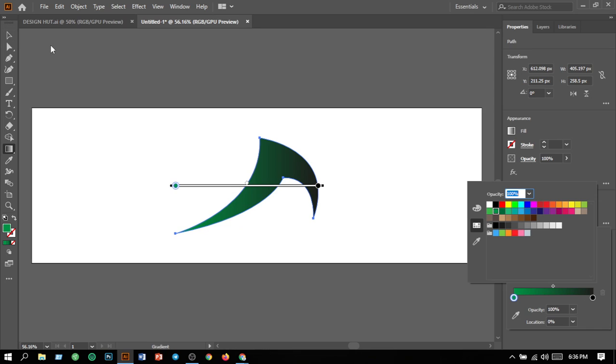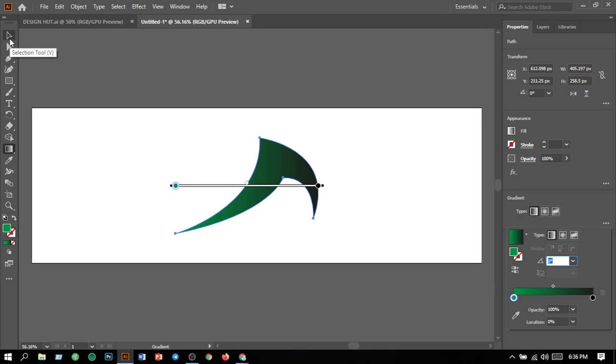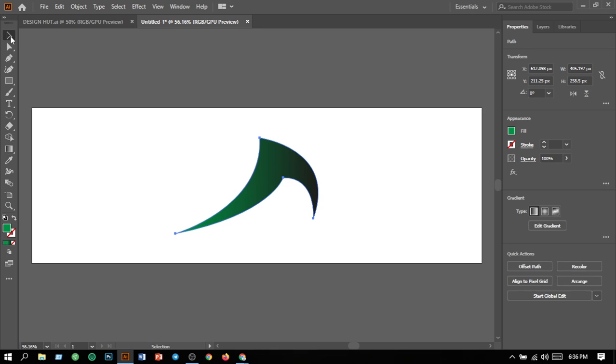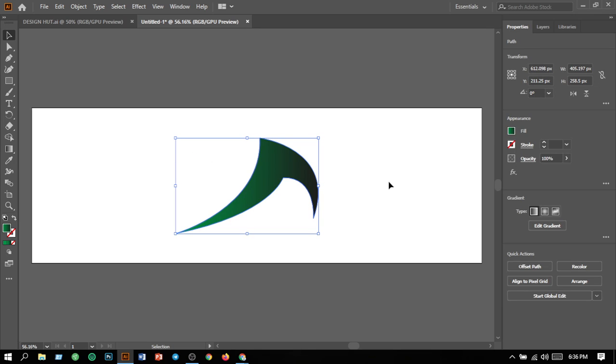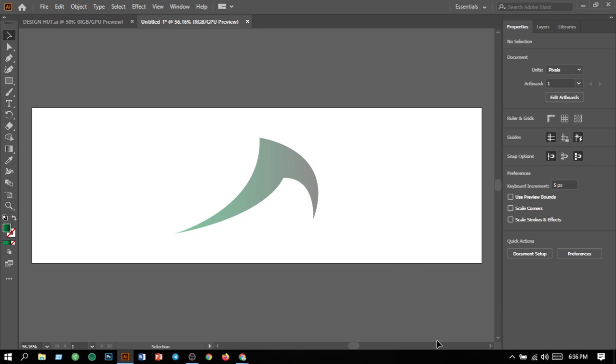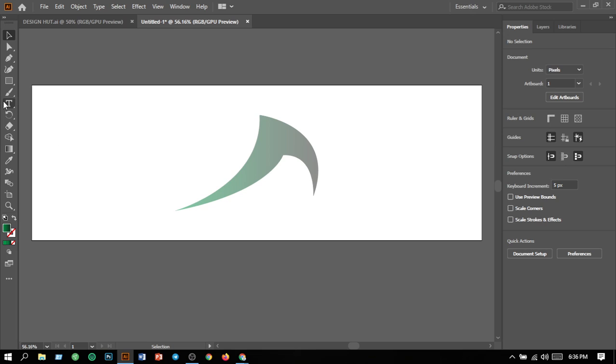So I want to select it and now I will decrease its opacity. And now I want to make here something which will be the